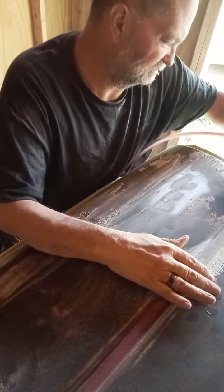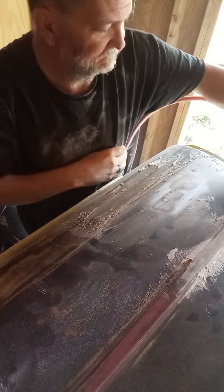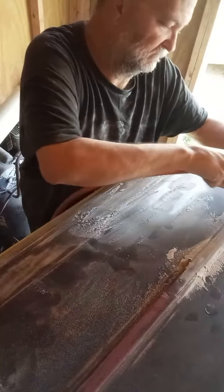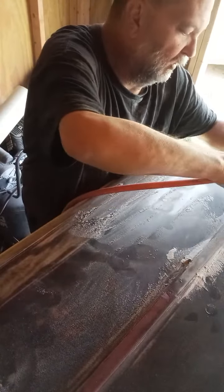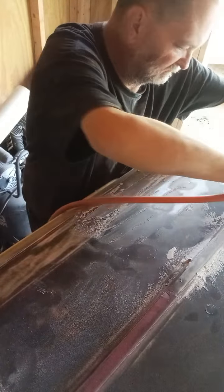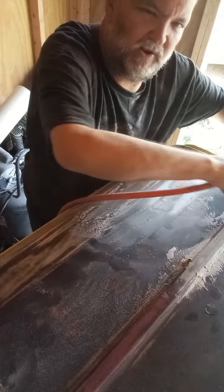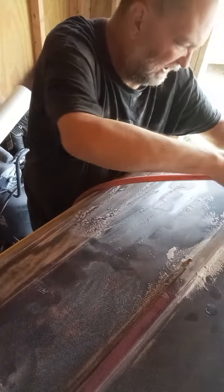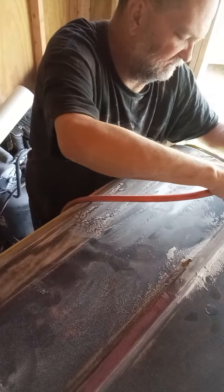So goes life. People have different ways of doing shit. In the automotive paint world, it's about doing the ways that you get used to doing it, that you can do it the fast and the best way